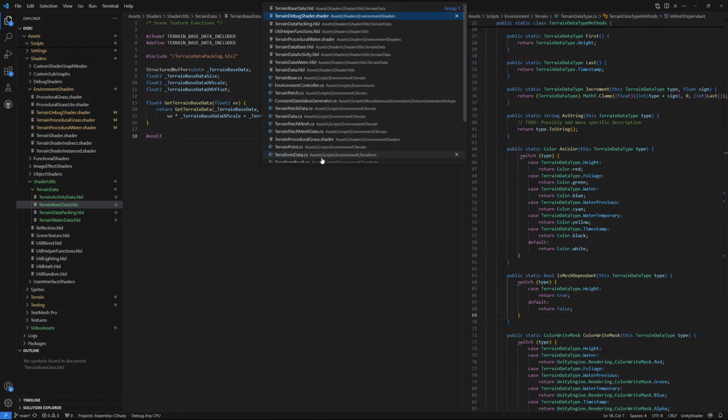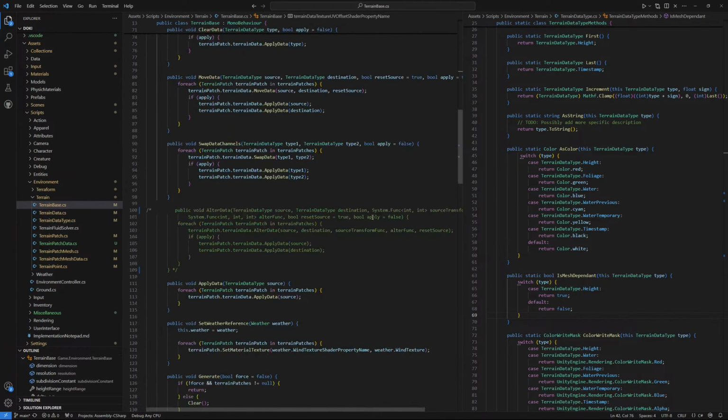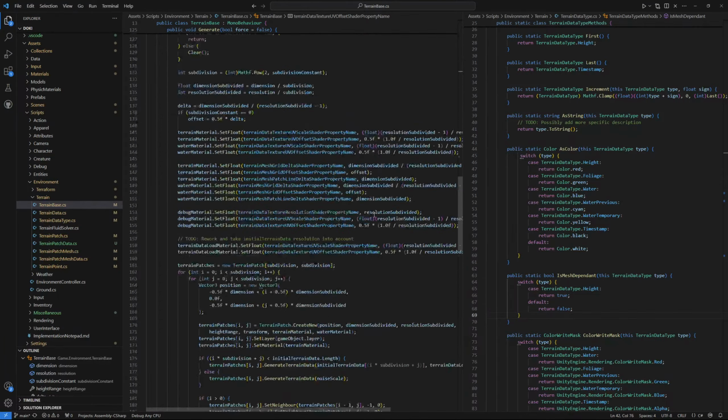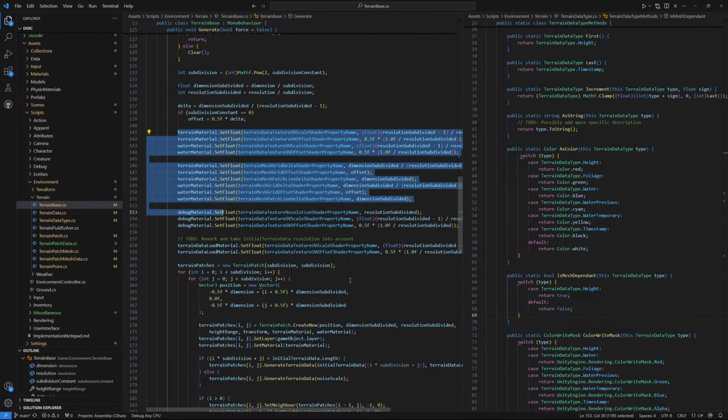It's probably gonna be terrain base, generate terrain material, water material. This is where we set all of this stuff. I don't think I want to set this here. But the bug material,